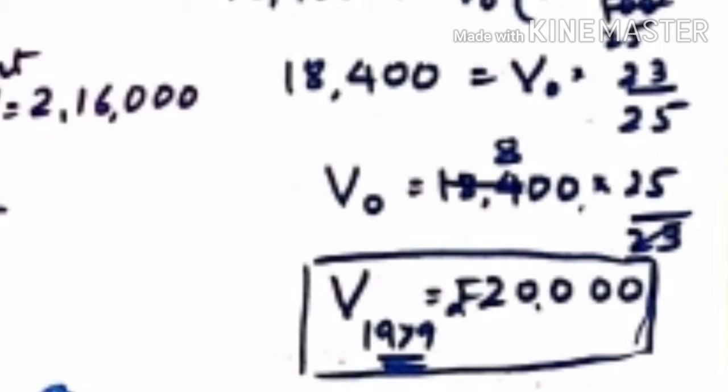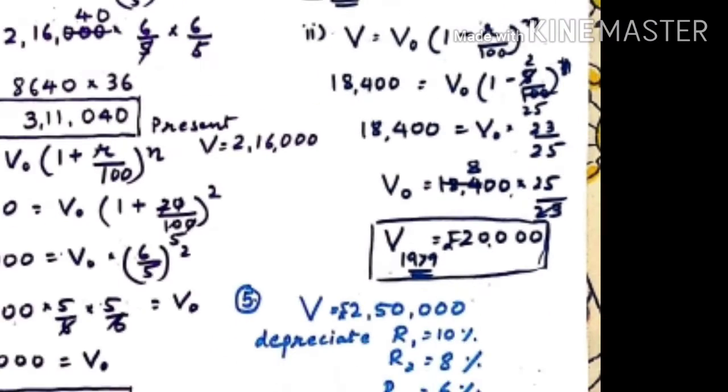So here you can see students, we have to use our value in that way so that we get the value 1 year before and 1 year after. Okay, so whenever you read the question, you have to decide by yourself where you will put the value, means where you have to place your value, at the place of V or V0, that is your way to think. Okay, because V0 is the present and V is the value after 2 years.